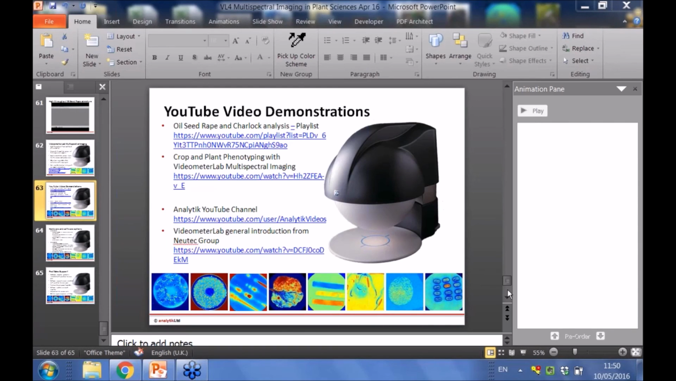Yeah, we have another question here. How open is the device? Can you connect it with a computer? So